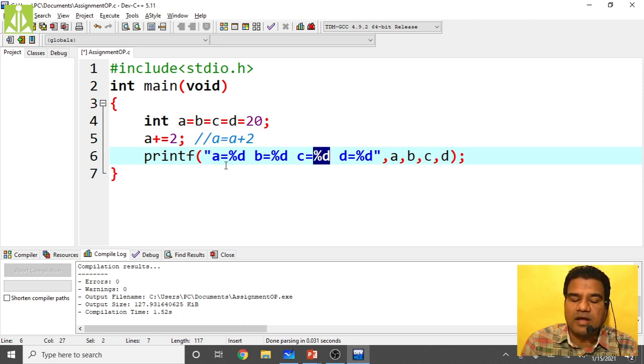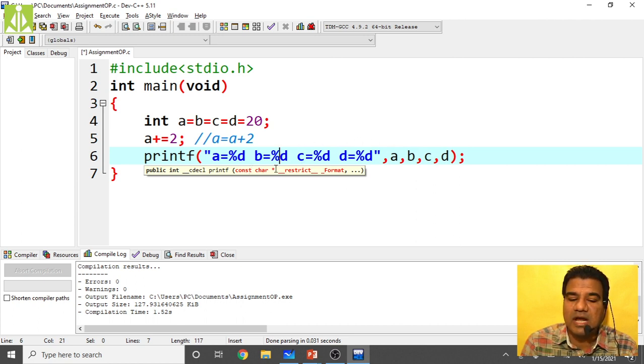Likewise, all the data values will get replaced according to their sequence. So first percentile d is replaced with a, and the second percentile d will get replaced with b.